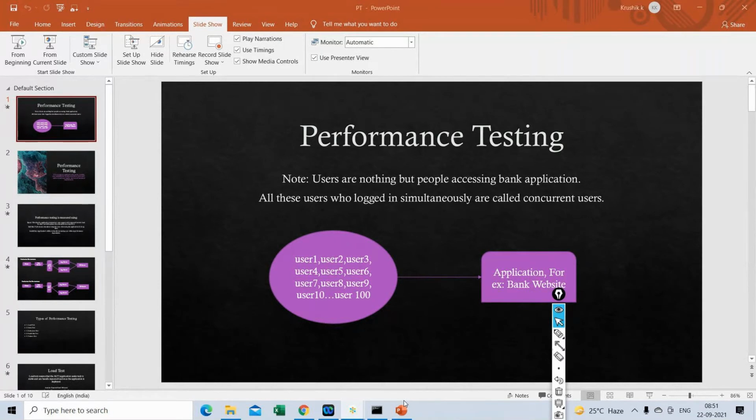Any company already having a LoadRunner license will have it depending on the number of users. If you are working in a company, they might have already purchased a license for 10,000 users or 5,000 users, something like that. So you can directly go ahead and run those tests. But if you want to test in your local machine, I think it will not allow more than 50, because your laptop should also support it, right?